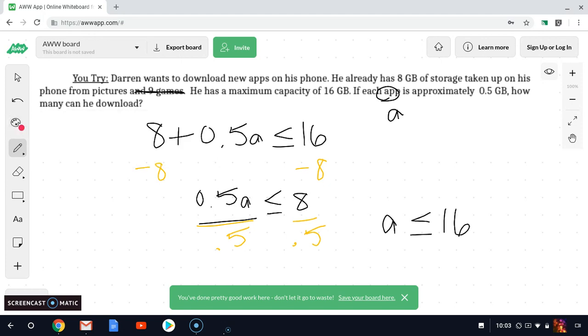And then each app is approximately 0.5. So that's why we have 0.5. We don't know how many apps, so we're going to multiply those two together right here. When we solve it, we're going to subtract 8 from both sides. We're left with 0.5a is less than or equal to 8. Divide both sides by 0.5. We do not flip our